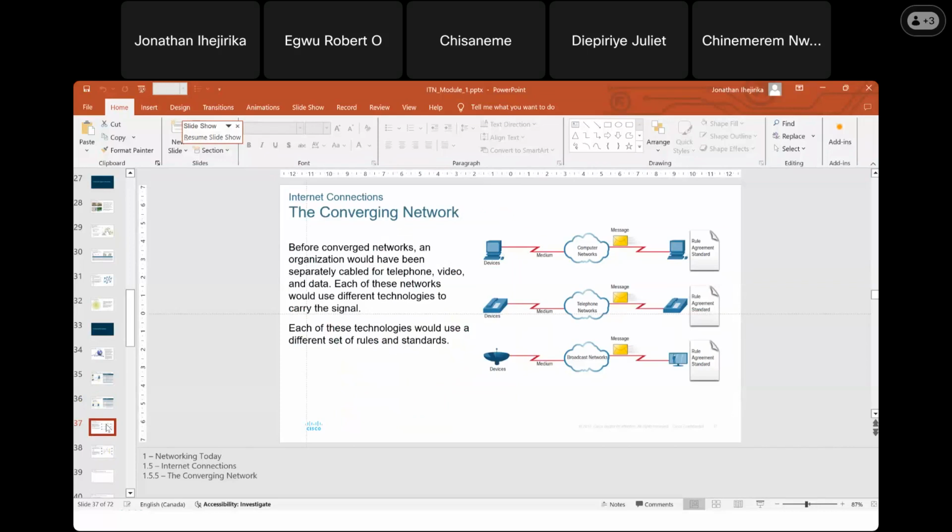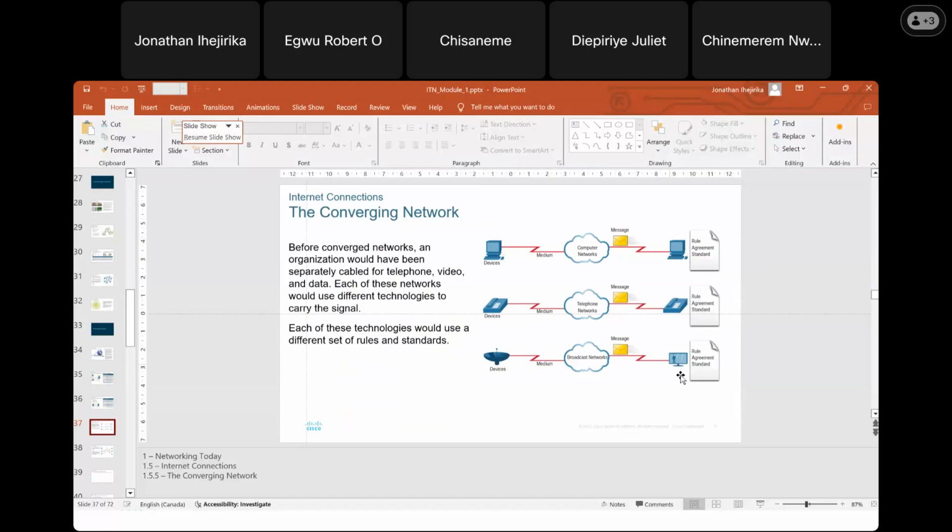For instance, if you look at this first image here, you will see this device, PC A, communicating with another PC on the other end. You can see the medium, the computer network, and the message is moving across. The rules, the agreement, the standard, they have to follow each other. They have to understand the rules before they communicate. The same goes for this telephone, and for this dish over here trying to send signal to this monitor. There is a set of rules that govern those kinds of communication. I will look at them one after the other.